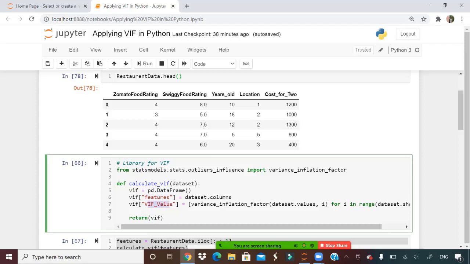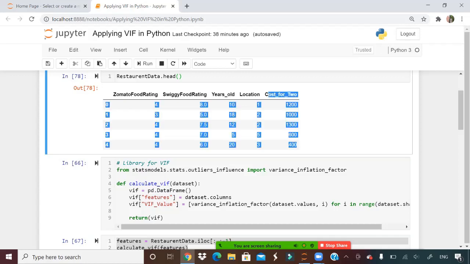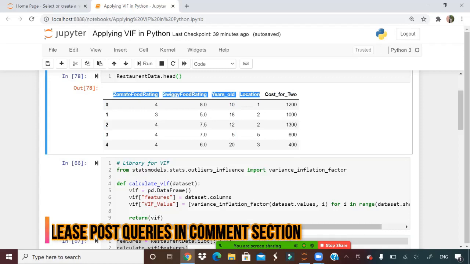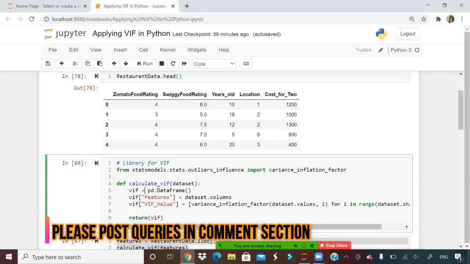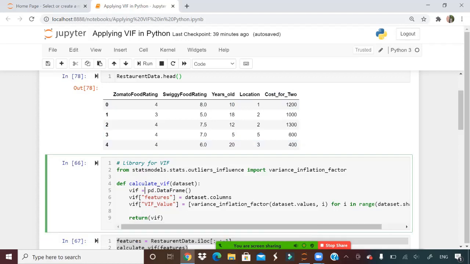I already told you all the columns of a data set that we give to VIF will have a VIF value. So here we will take all our features, not the response, not the target variable, just all our features, which means these four columns, and we will run them through this function to see the VIF value for each column individually.